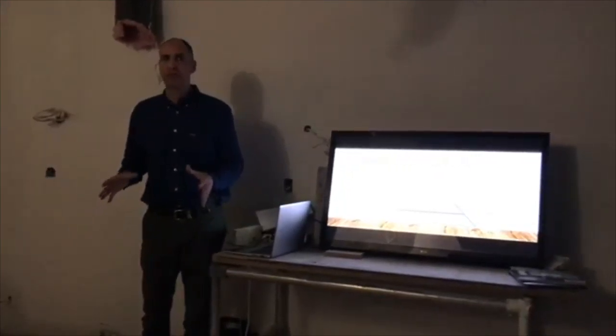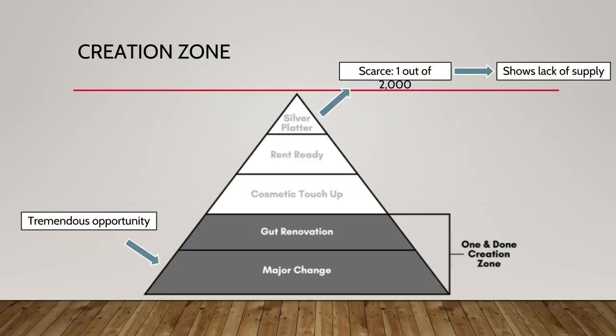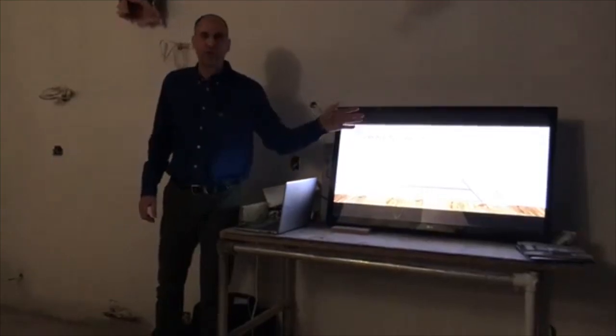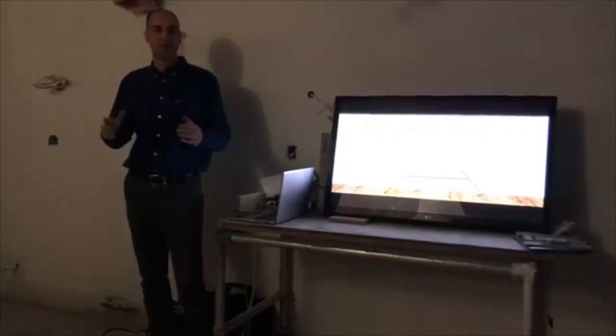When it comes to creating one of these properties, this is in my previous book. I have the 5 deal structures. There's a silver platter deal where everything is turnkey. You literally take the keys from someone and you start collecting the rent. Then there's rent ready, there's cosmetic touch-ups, there's the gut renovation strategy, and there's the major change strategy. So to try to find something that's a silver package deal where you get the keys and you just literally start collecting rent,